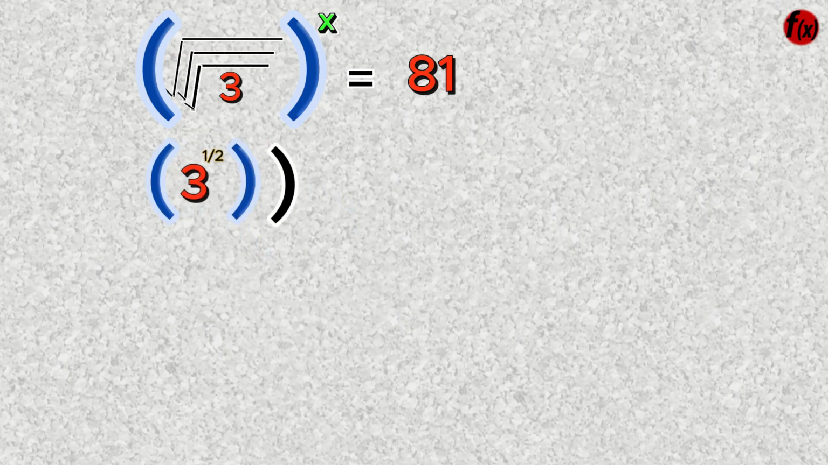To solve the equation, the square root of the square root of the square root of 3, to the power x, equals 81. We can start by simplifying the left-hand side. First, we can rewrite the expression as